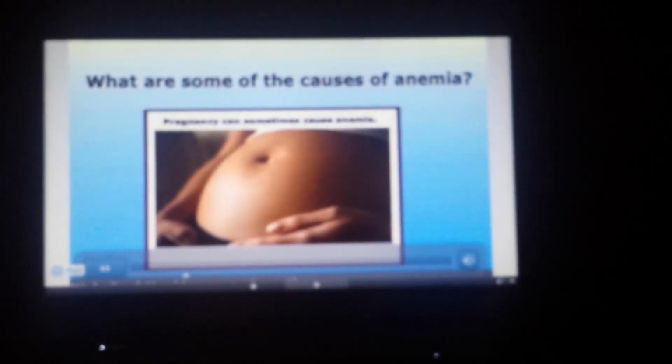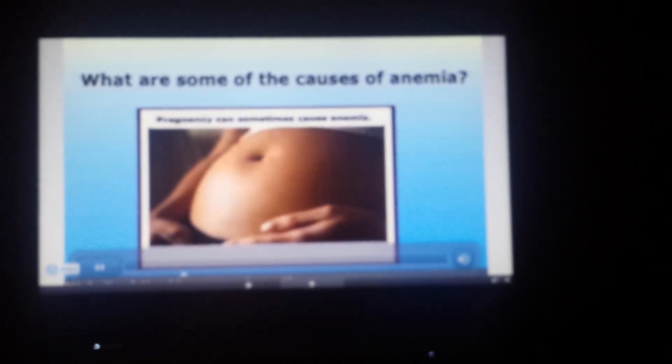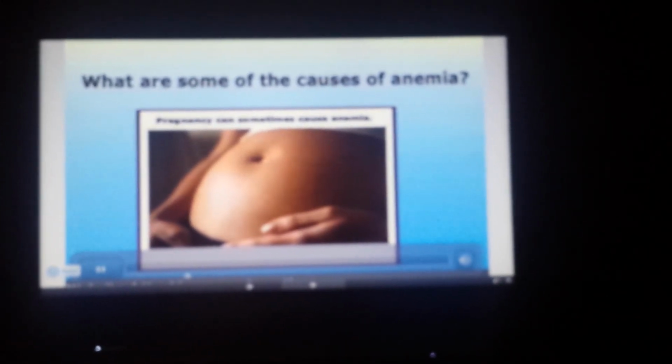Common causes of low iron are heavy periods in females, pregnancy, ulcers, colon polyps,